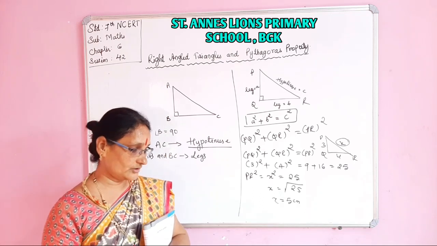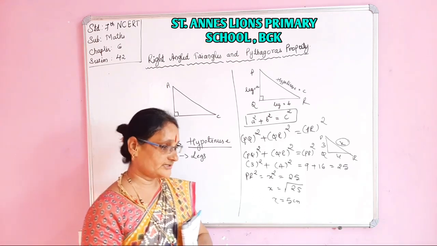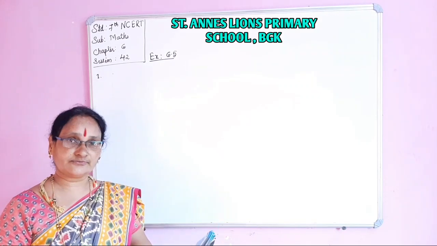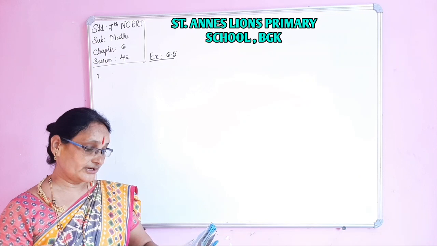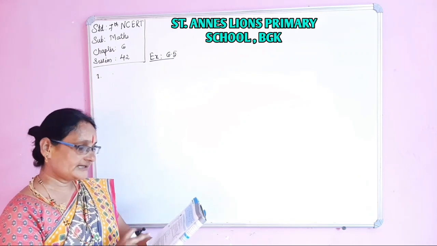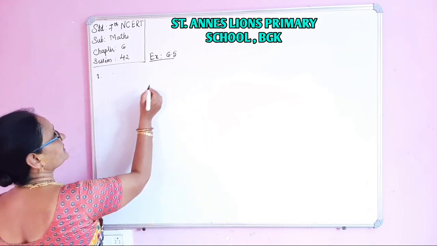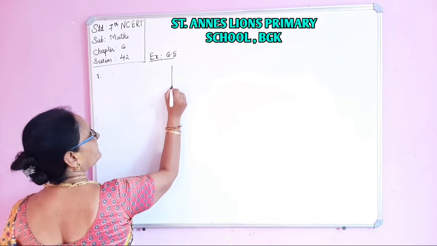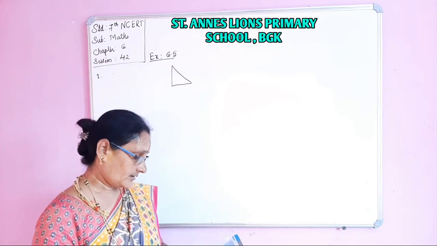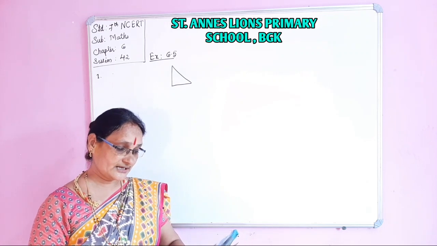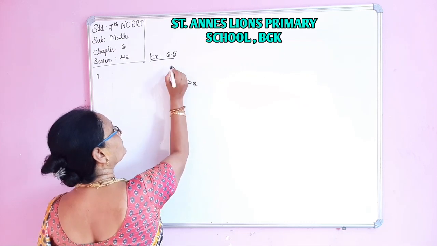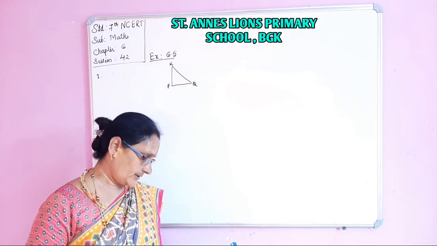On this base, now I am going to solve exercise 6.5. First one, you have to take the question from your textbook. I am going to read the question and make you understand. PQR is a triangle, right angled at P. This is important here. Let me draw one rough diagram. Where is the right angle? Right angle is at P. See, this is P, Q, and you can take it as PQR.